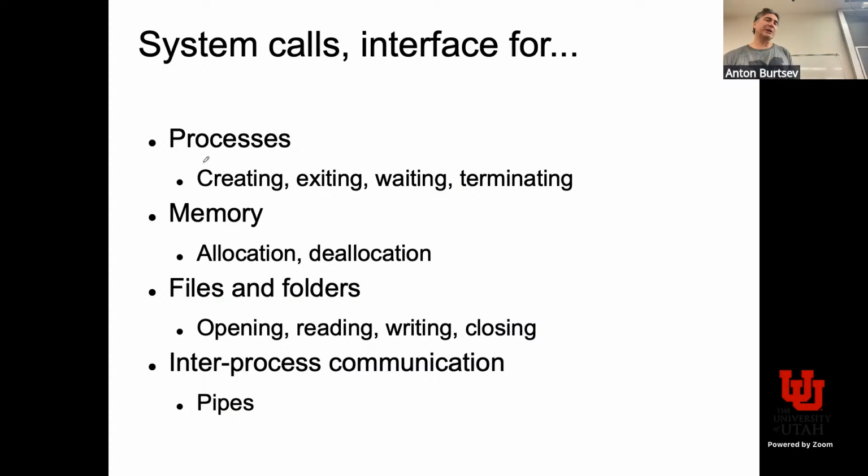You say, look, I need processes: creating, exiting, maybe waiting, maybe terminating, waiting on a process to finish. Some ways to allocate memory so your language runtime is happy. Typically files, but usually not in the first week you build files. You usually end up building inter-process communication first, and then you can build the network stack and stuff like that, right? Okay, sure. So that's all reasonable.